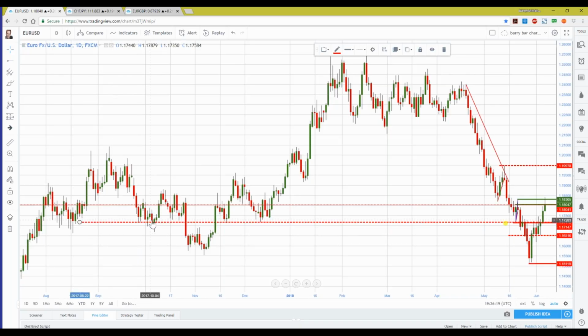Look at the congestion here. Look at the bounces, the lows there. We can see we're going back all the way to October of last year, and these levels held all the way back then. If we look at the green level that we drew on the chart earlier,